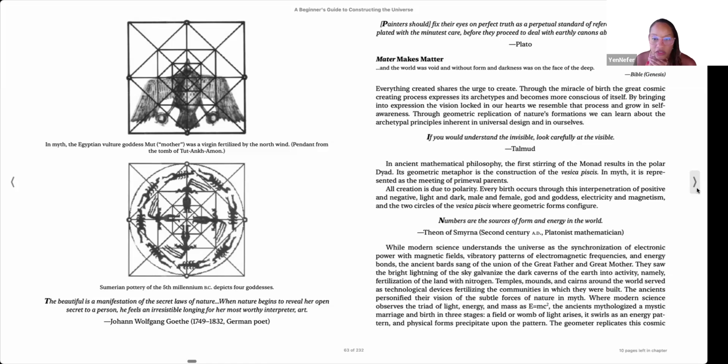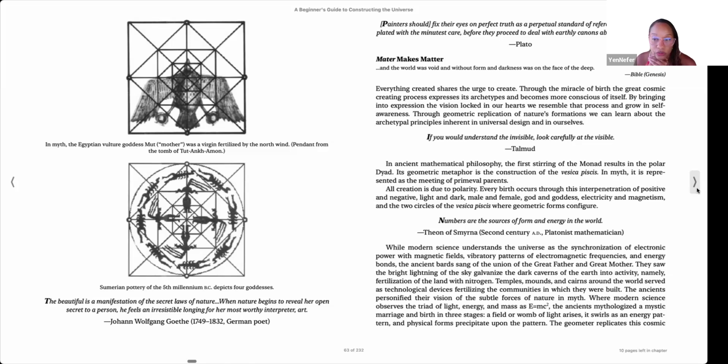In ancient mathematical philosophy, the first stirring of the monad results in the polar dyad. Its geometric metaphor is the construction of the Vesica Pisces. In myth, it is represented as the meeting of primeval parents. All creation is due to polarity. Every birth occurs through this